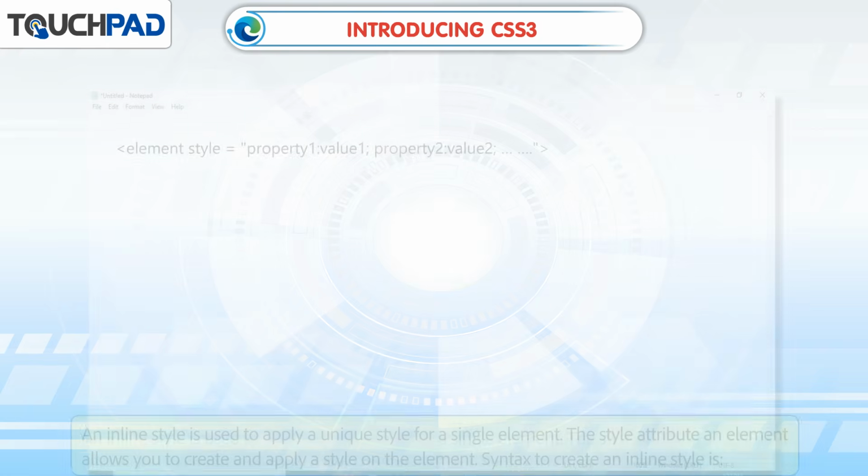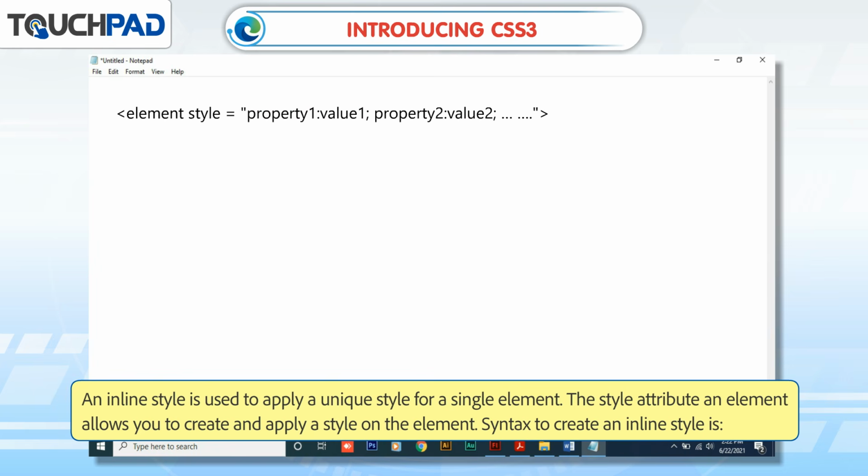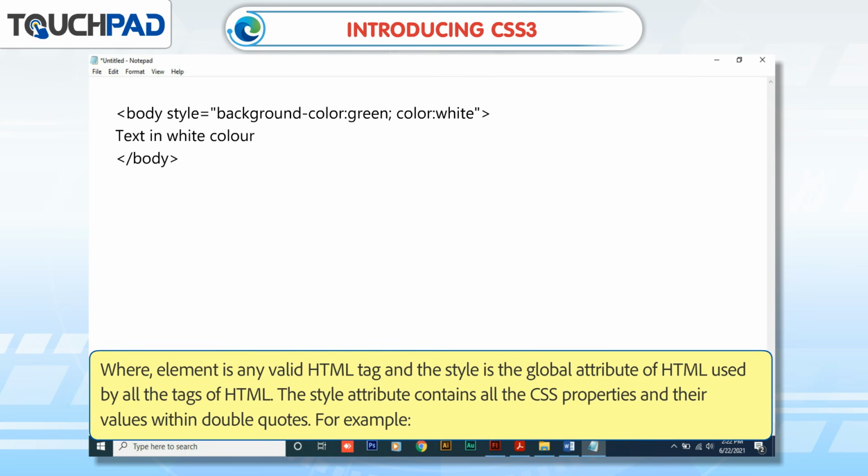Inline style sheet. An inline style is used to apply a unique style for a single element. The style attribute of an element allows you to create and apply a style on the element. Syntax to create an inline style is where element is any valid HTML tag and the style is the global attribute of HTML used by all the tags of HTML. The style attribute contains all the CSS properties and their values within double quotes. For example,